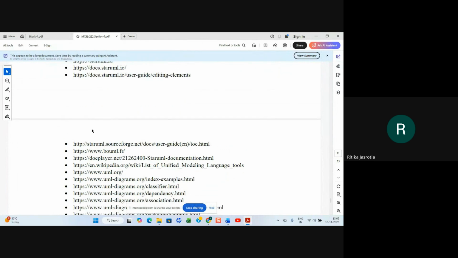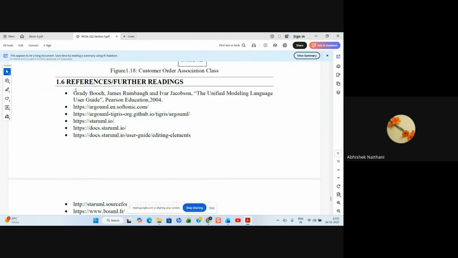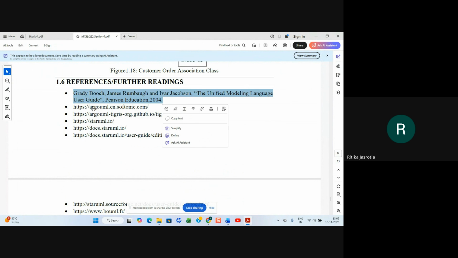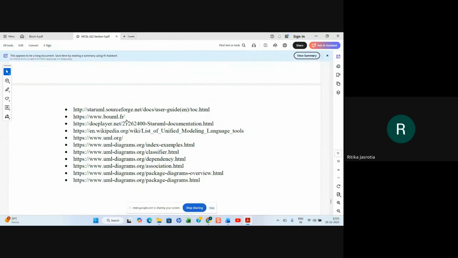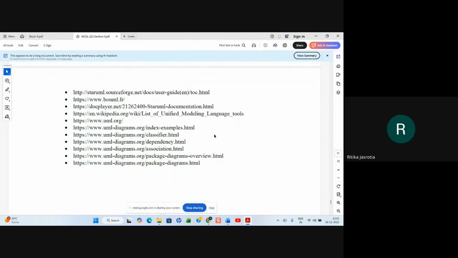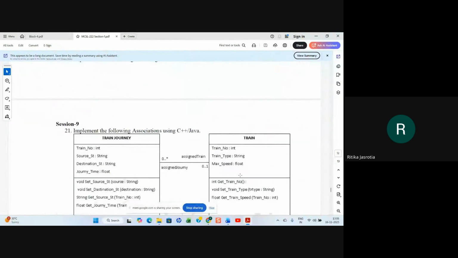जैसे यहाँ पे देखो इन्होंने जो रेफरेंस दिए हुए हैं, कैन यू सी दैट रेफरेंसेस। वैसे तो ब्रैडी बूच की पियर्सन की बुक है यूनिफाइड मॉडलिंग लैंग्वेज के ऊपर। बाकी ये आपका जो आर्गो यूएमएल करके एक सॉफ्टवेयर है, उसका लिंक दिया हुआ है। ये स्टार यूएमएल का सॉफ्टवेयर दिया हुआ है। डॉक्यूमेंट भी दिए हुए हैं, अगर आपको पढ़ने हो। उसके अलावा बीओ यूएमएल का दिया हुआ है, ये एक और सॉफ्टवेयर है। और ये विकिपीडिया का लिंक दिया हुआ है यूनिफाइड मॉडलिंग लैंग्वेज के लिए। ये uml.org, यूएमएल डायग्राम्स के बारे में जो भी इंफॉर्मेशन है उसके लिंक्स दिए हुए हैं, अगर आपको पढ़ने हो। इन्होंने रेफरेंस भी दिए हुए हैं, तो आप जाके उनको पढ़ सकते हैं।